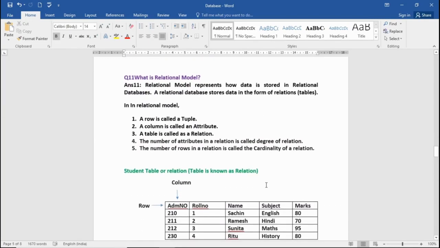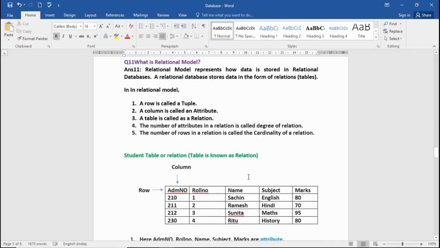Next question, what is relational model? Answer. Relational model represents how data is stored in a relational database. A relational database stores data in the form of relations. In relational database model,